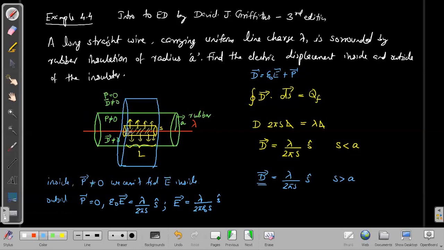But inside it is not possible to find the electric field. The only reason is we don't know the form of the polarization. So this is just an illustration of how we can use Gauss's law of dielectrics to find the electric displacement inside the material. It is not always useful, because only if the system possesses certain symmetry can we use this kind of Gauss's law. Otherwise, we have to use some other method to find the strength of the electric displacement inside the material. Finally, we can discuss one more thing about electric displacement, that is the boundary conditions.